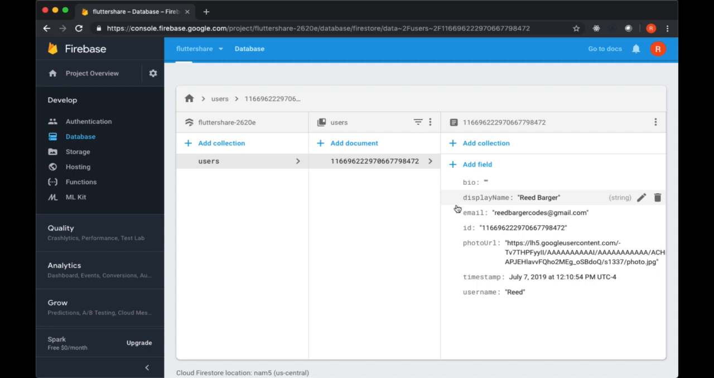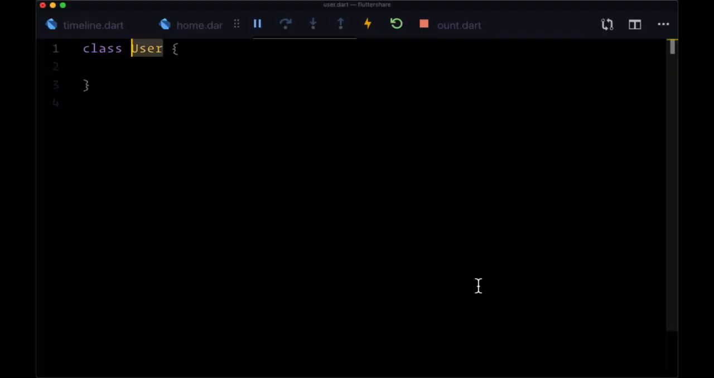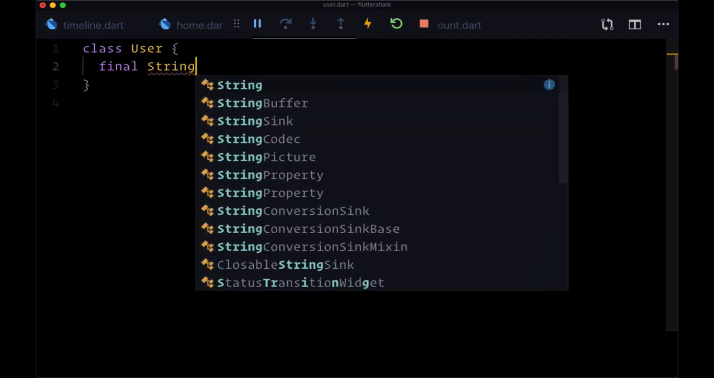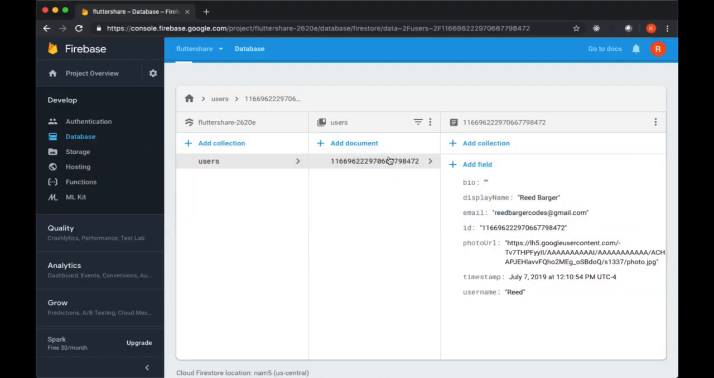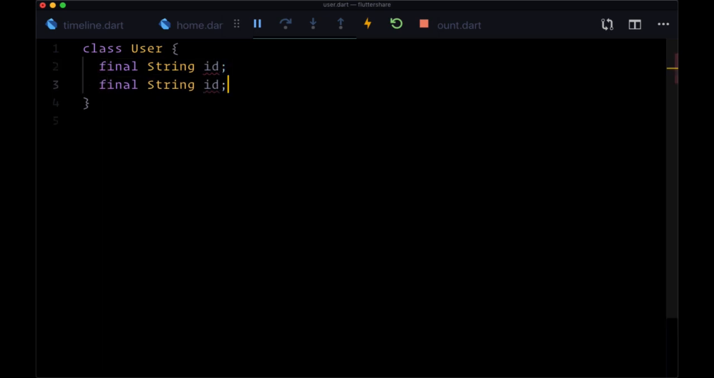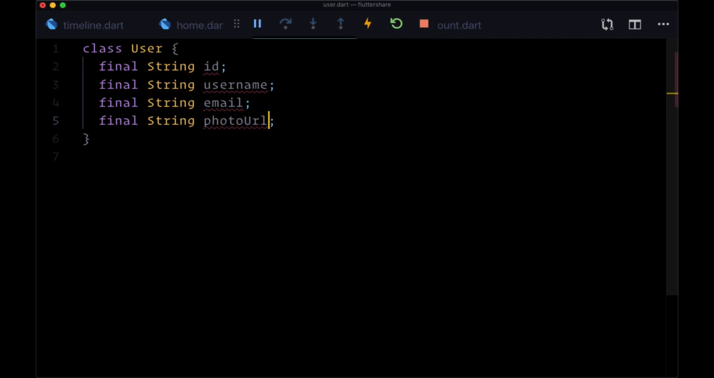So as you can see, bio, display name, email, ID, photo URL, timestamp, and username. There'll be just one difference, and that will be we won't include timestamp within our user class. So on our user class, we need to mark all of these values as final with their corresponding type. If we take a look at our document one more time, we see that these values are basically all strings. So we'll create a final string value that's our ID, then one for the username, then for the email, photo URL, display name,